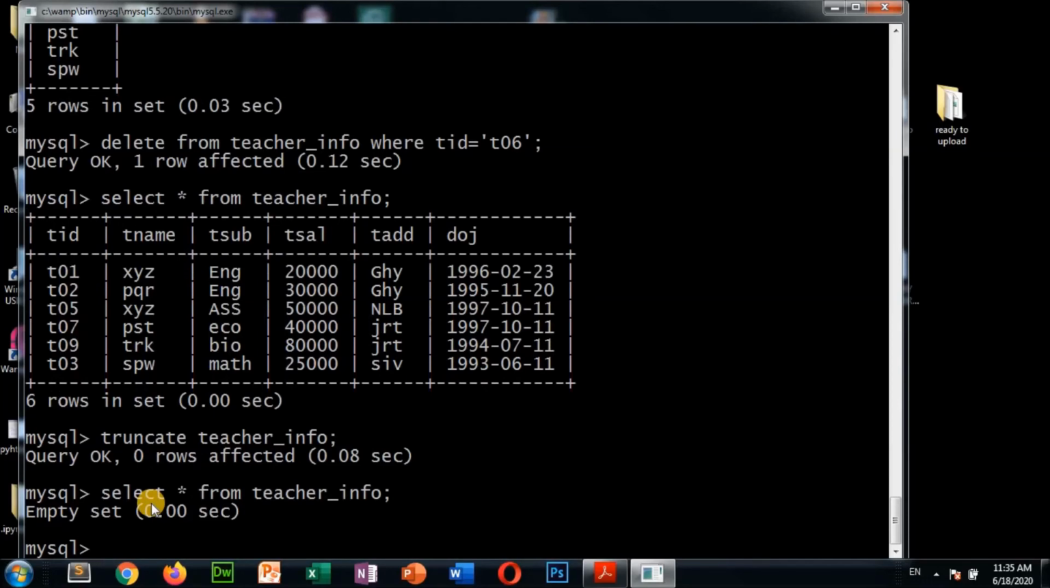Now again suppose another concept is left for you, that is primary key and foreign key concept. So I am going to show you quickly how to create primary and foreign key concept. So I am going to create one table, suppose student, in school database. Already we are in school database. So create